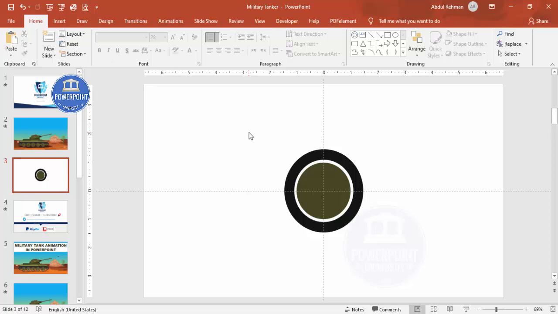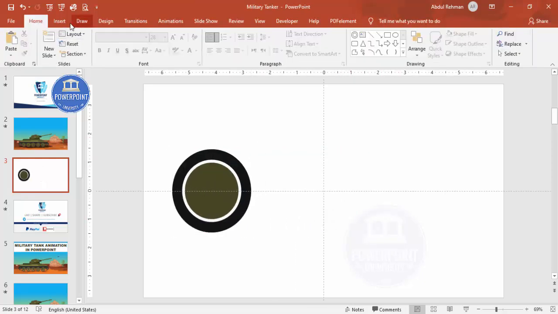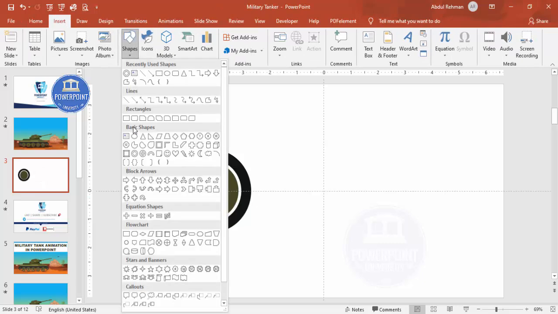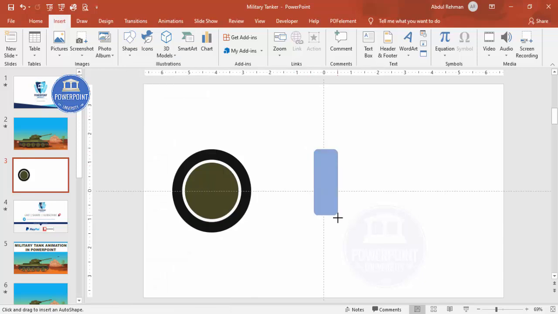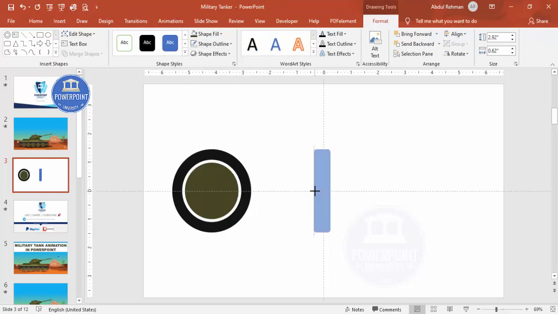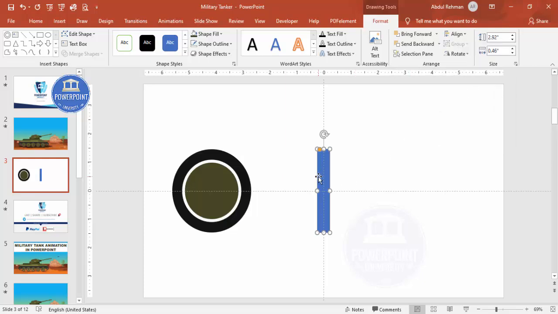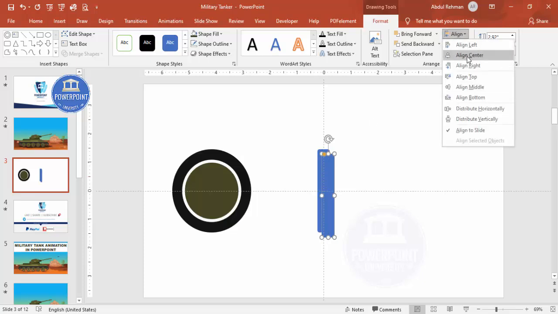So to add that one, I'm just going to select all these things. Let me just move this aside, then go to insert shapes. I'm going to select the rounded rectangle, draw the rounded rectangle in the center. Okay, shape outline, no outline, let me just reduce the size a little bit, then align center, align middle, and then I'm going to duplicate this by pressing Ctrl D, and for this also align center, align middle, and hold